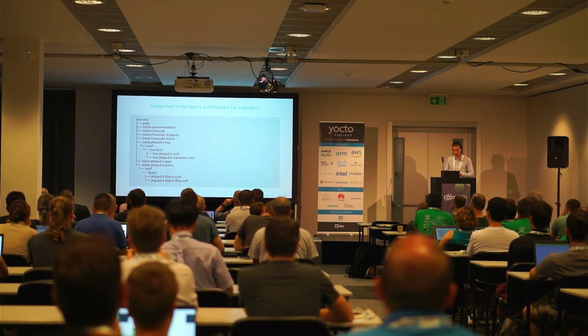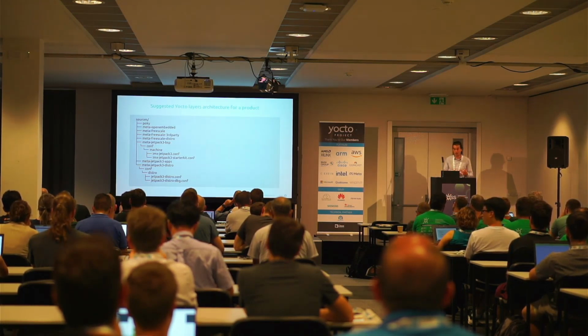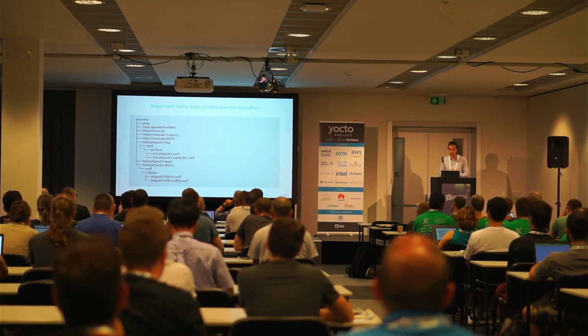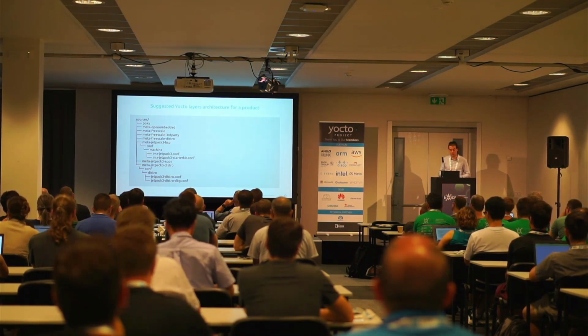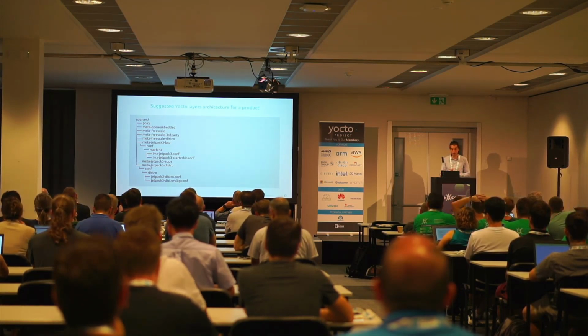We have a BSP layer, which contains machines. So here in this example, I added the Jetpack 3 main machine that will be used in production, but if we are in early stages of development, we may want to also have alternative hardware, for instance, one that is based on a starter kit, or it can be also previous versions of that hardware. We have a meta layer containing the applications, and we have a meta layer containing the distribution, which uses the components of the two previous ones.